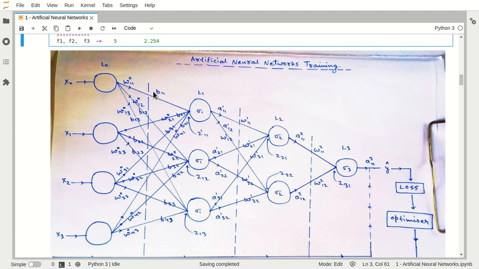Now these connections, these parameters, have a very significant role in terms of your outputs. Whatever predictions you are going to get, this particular prediction will depend upon this one, not this one. This output will depend upon this weight, can I say, guys? This output will depend upon this weight as well as this weight. Again, this output will get multiplied with weights and biases available here.